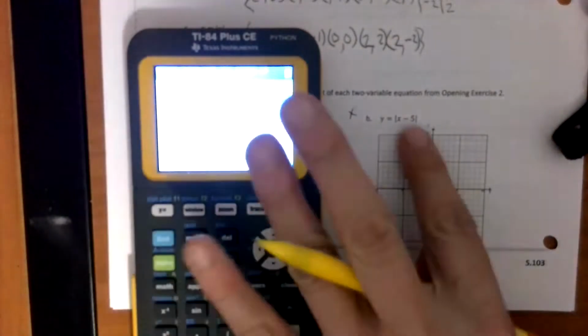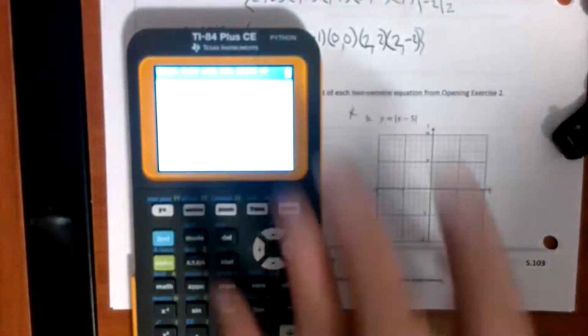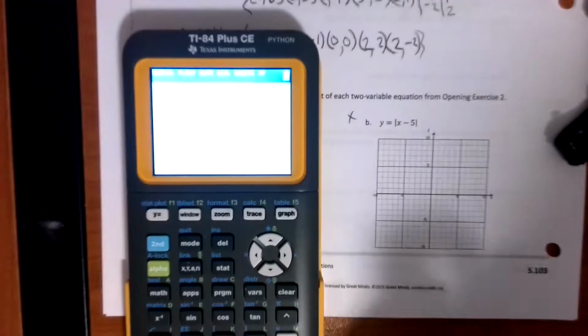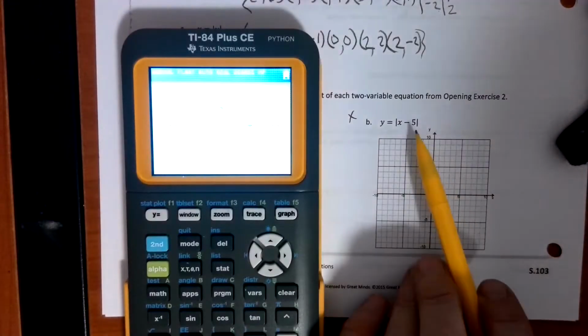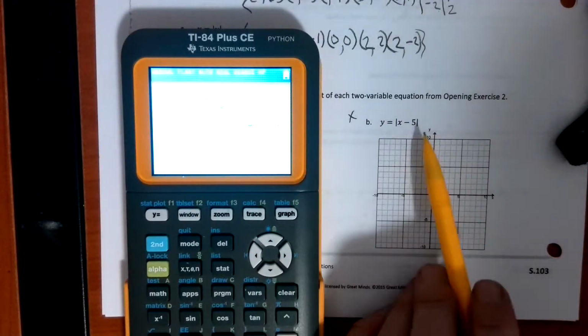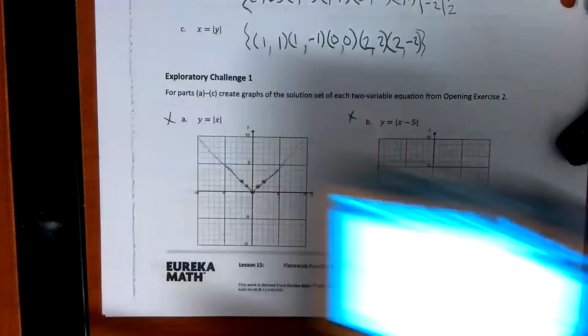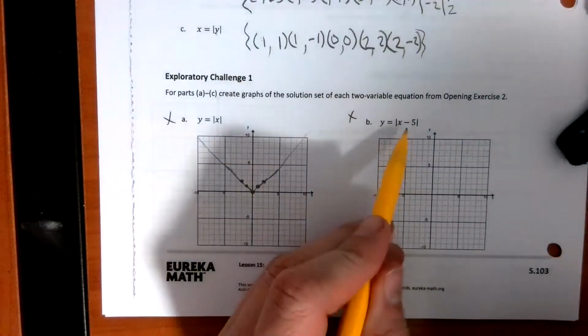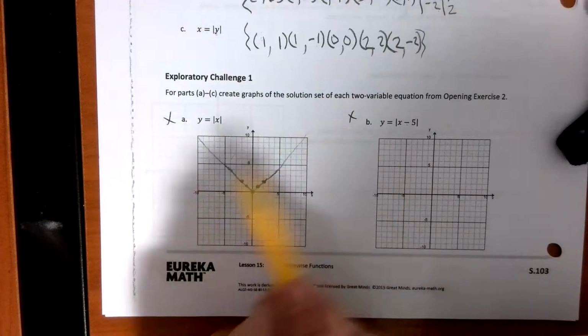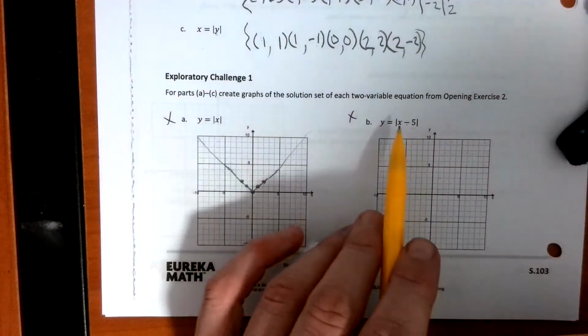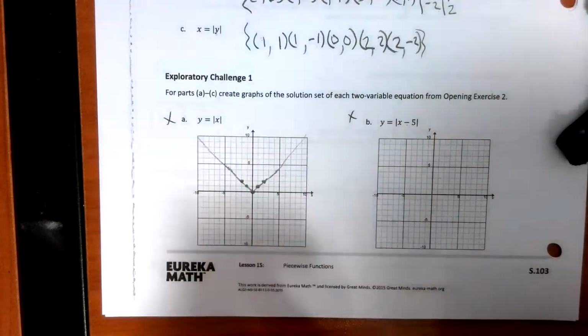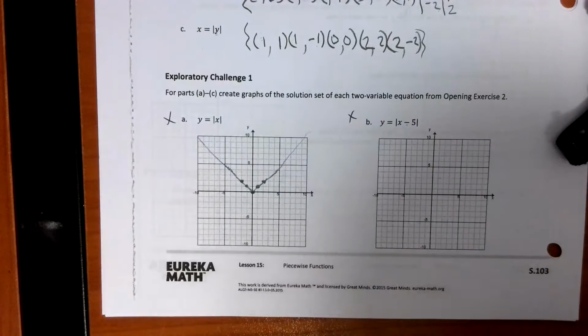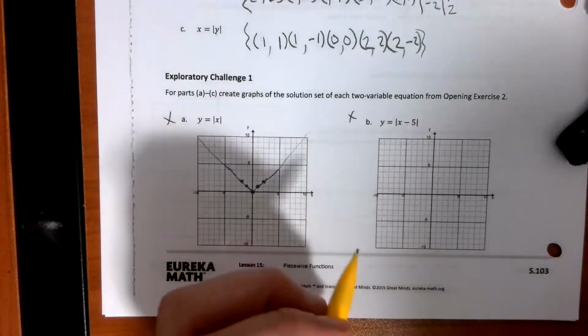So the thing is, to see this -5, how you read that and understand that is even the graph is shifted from where it was in the middle. It's going to be shifted over 5, but you would think that it's shifting left 5, but really it's the opposite in absolute value. So when we go to graph what we have